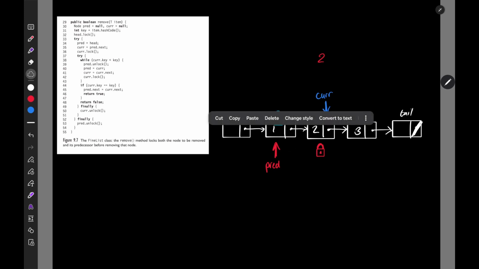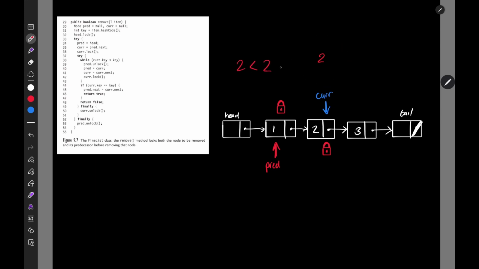So let's just lock that, and then boom, cool. Now we check again, is 2 less than 2? I.e., is the current key less than this key here? Is 2 less than 2? No, 2 is not less than 2. So at this point, it would exit the while loop, and then